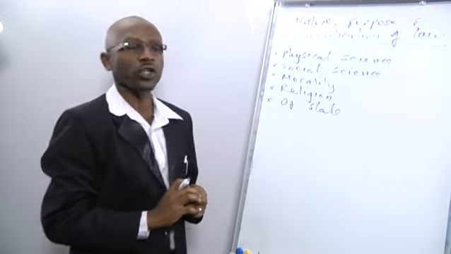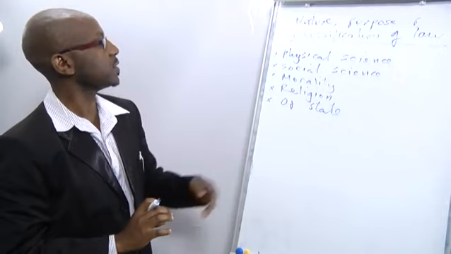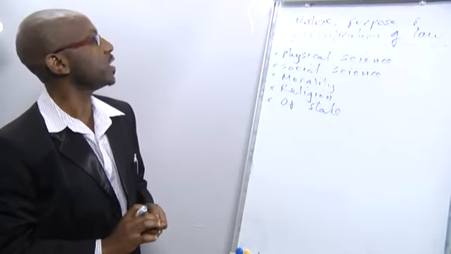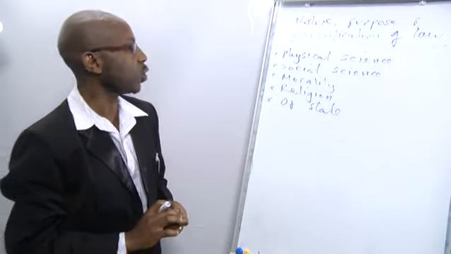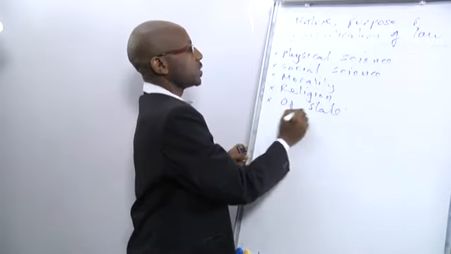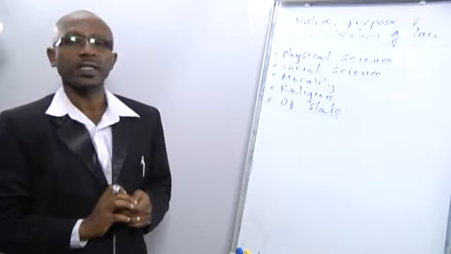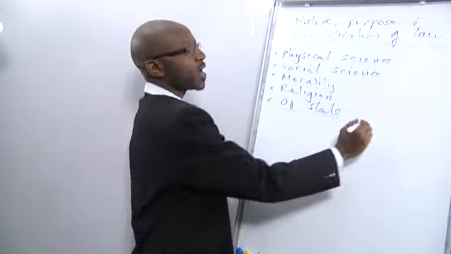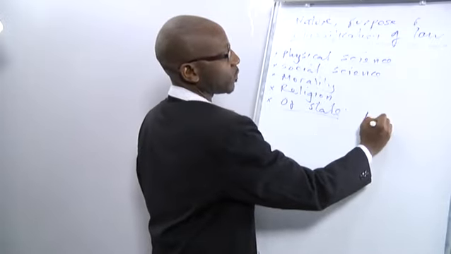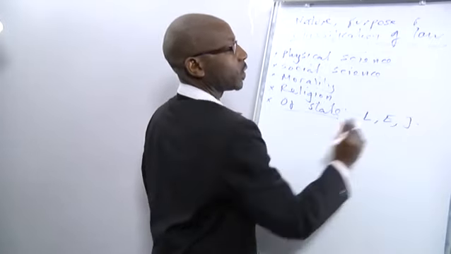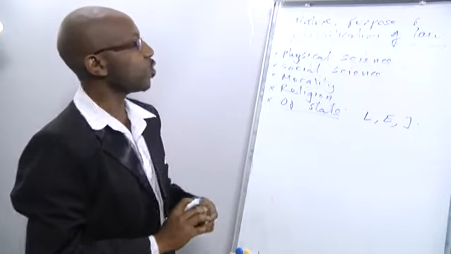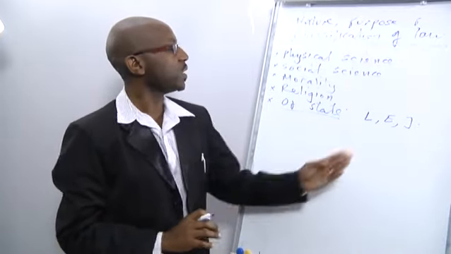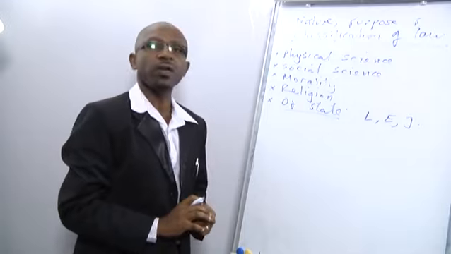Laws of state, also known as state law, and this is actually what we shall cover in our various topics regarding law. State law is that which is made and enforced by machinery of government. The machinery of government comprises the three arms of government: the legislature, the executive, and the judiciary.